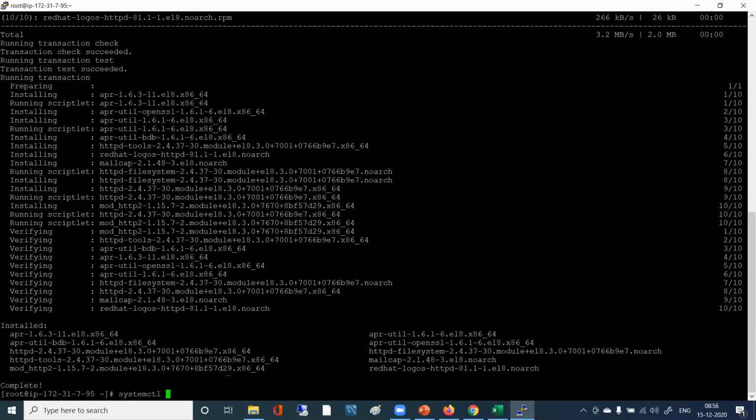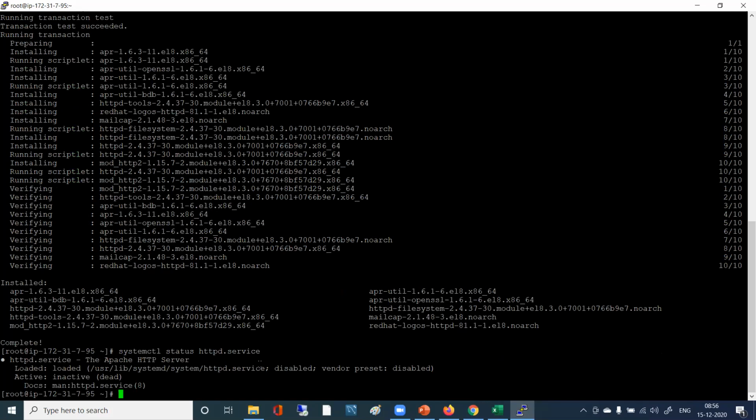Just type systemctl, then status, HTTPD dot service. This is the command to see the status of a service, whether it is running or not. I just said systemctl status HTTPD dot service, and it says HTTPD dot service, the Apache HTTP server.